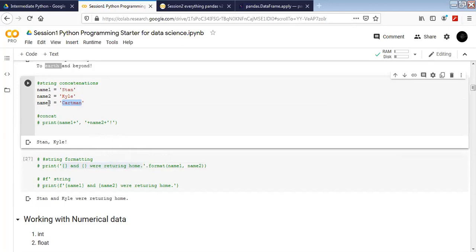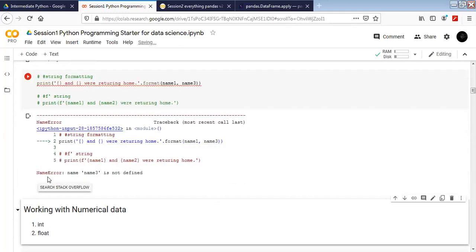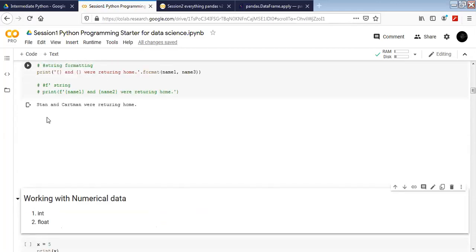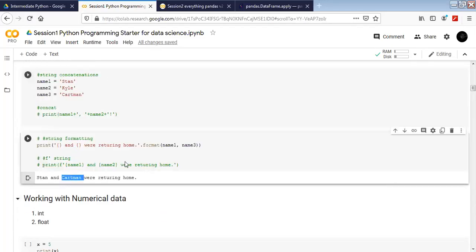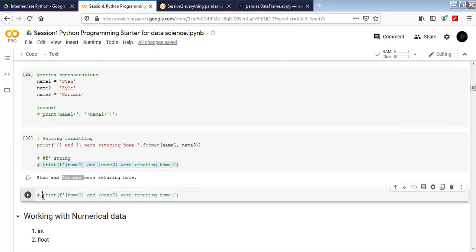So I just take name 3 and replace it here. This will give me a final output: Stan and Cartman were returning home. So inside a string, we can pass any variable here. Got it? Okay, here's the magical thing also, that we can pass, for example, we have this sentence here, f string.